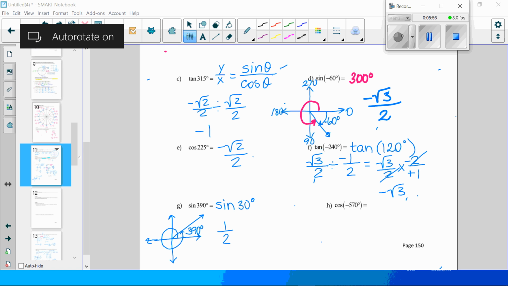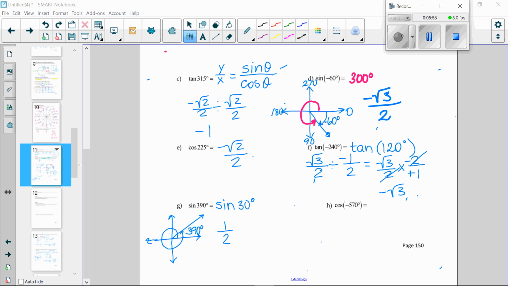Okay, so we've got H now. We've got cos negative 570 degrees. If I draw this, now I am going clockwise because I have a negative angle. So I'm going to go an entire rotation,